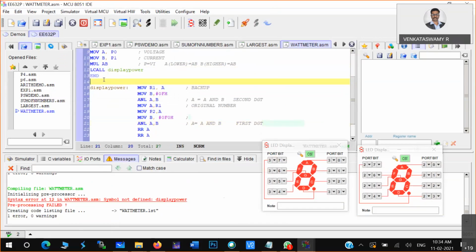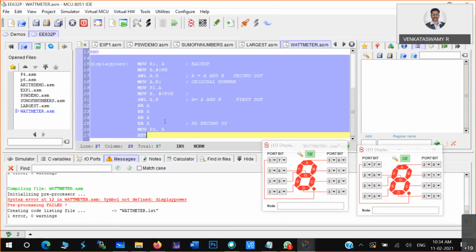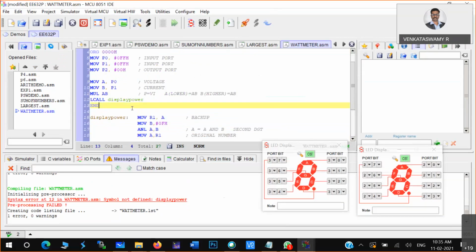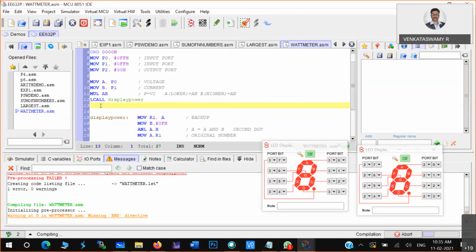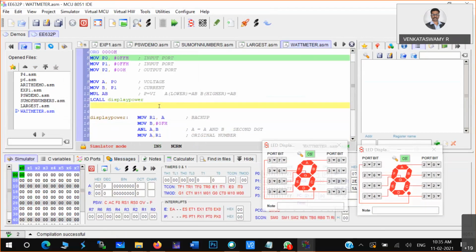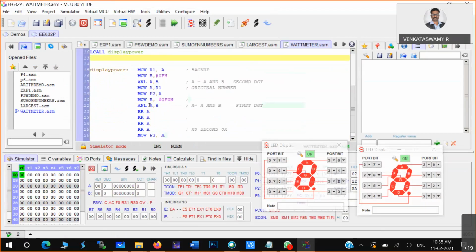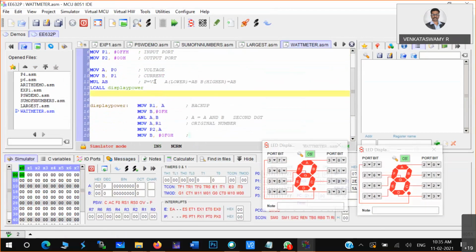Okay, so now, let me push this particular. So don't use end. Without end, we have to run this particular program. Maybe we can use something like alt.